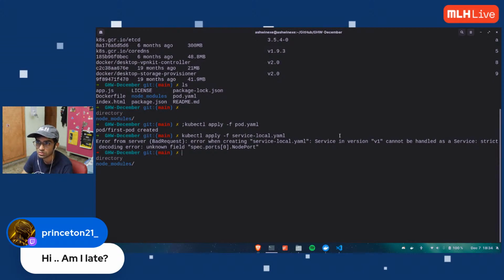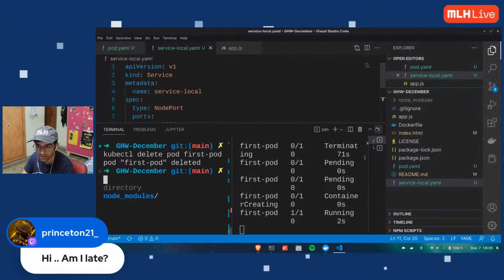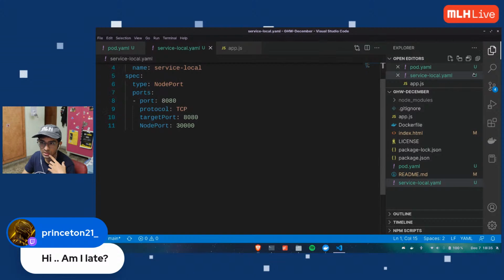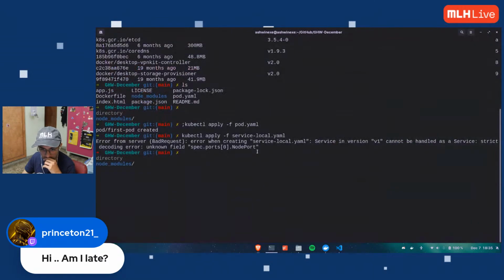Wait, let me see. API version v1, kind is Service, metadata, name service-local, type NodePort, ports is 8080, TCP, nodePort 3000. So what's going wrong here?